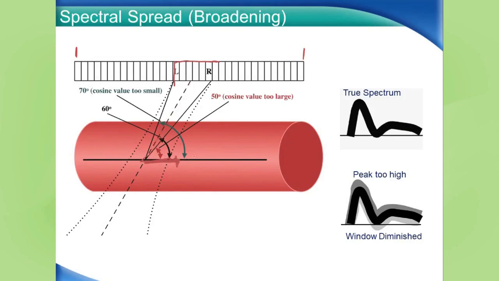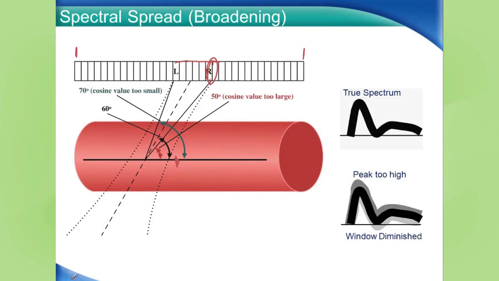But what you should be able to see is that this left element actually has a bigger angle than the specified Doppler angle. And this right element has an angle that's smaller, which means if we use just the angle in the center,